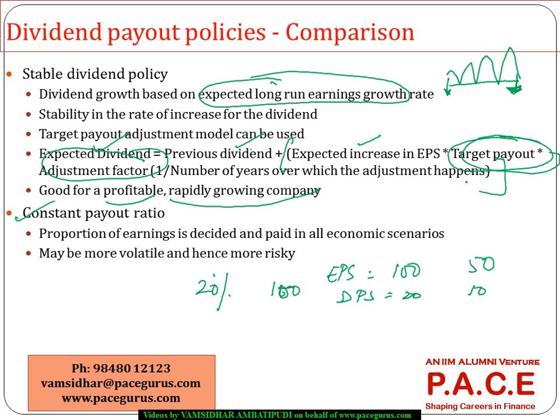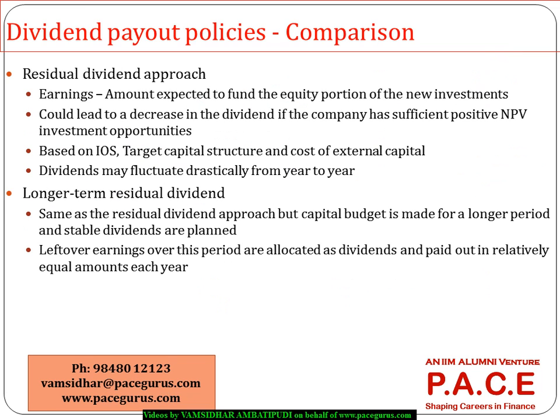Because of this, what could very well happen is, if in a particular year the earnings are bad, the dividend can go down drastically. In a year when the earnings are really good, the dividends will grow, which means there is a lot of volatility that can come with the dividend. Because of that, the valuation of that kind of company becomes more and more difficult, especially if the earnings are largely volatile. There is a possibility that the dividends are also volatile, and hence the value of the company also becomes more and more volatile. So that has to be worked out.